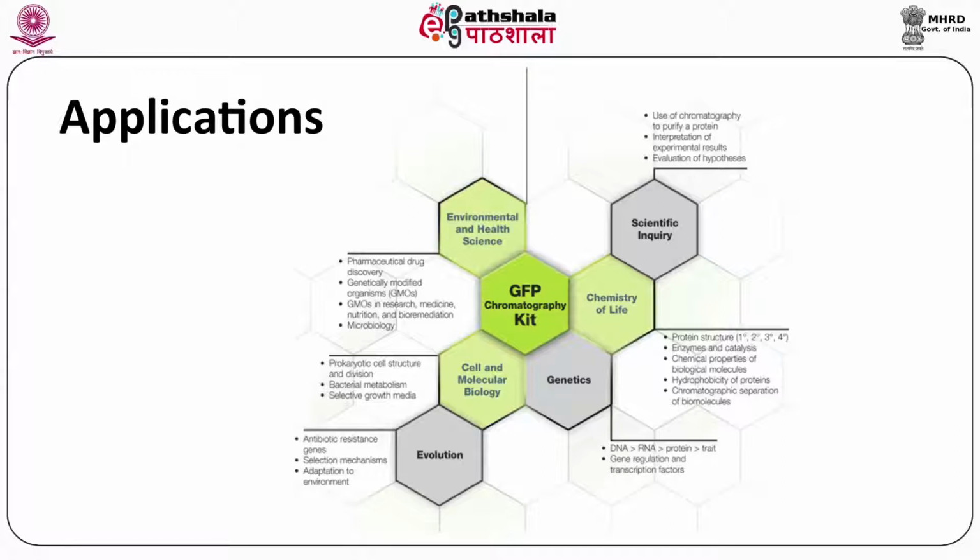It is widely used in chemistry to see protein structure, enzymes and catalysis, chemical properties of biological molecules, hydrophobicity of proteins and chromatographic separation techniques. And last, it can be used for scientific analysis such as the use of chromatography to purify a protein, interpretation of experimental results and evaluation of